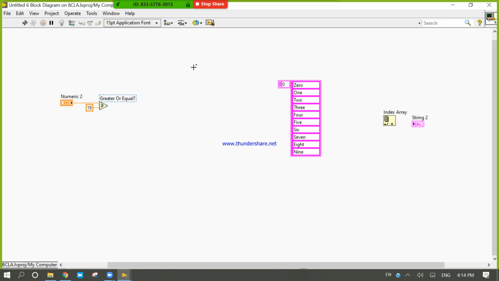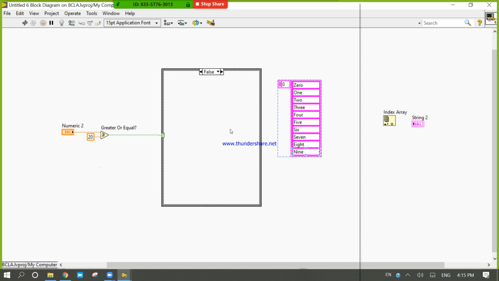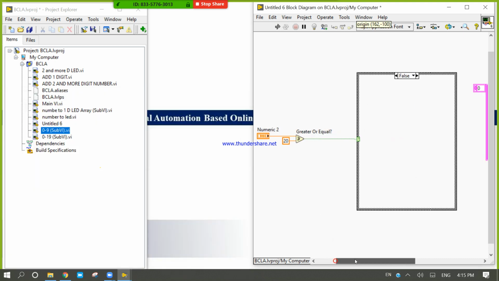Look at here what I can do. I will create a structure here. If my number is greater than and equal to 20, then here I will call my sub VI.